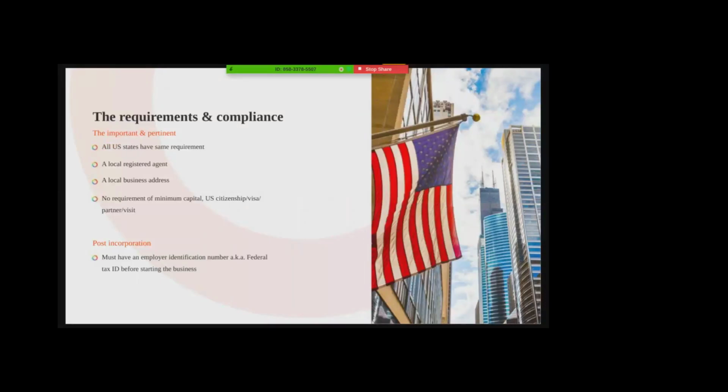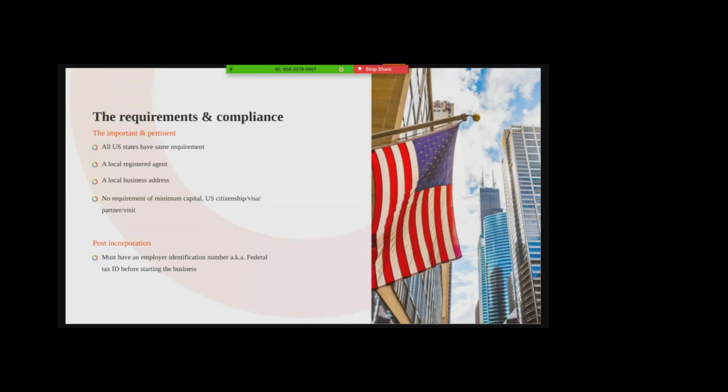I'll explain to you what a local registered agent is. A local registered agent is a non-executive person. He doesn't take any decisions on behalf of the company, nor does he operate, nor does he come to the office. He has only one responsibility: he's a local resident of the state, and any notices sent by the government or the court will be received by him and passed on to you. Unlike a nominee director, he's just a registered agent who will receive your mailers from the government and courts and deliver them to you. So we need a local registered agent in whichever state you are incorporating.